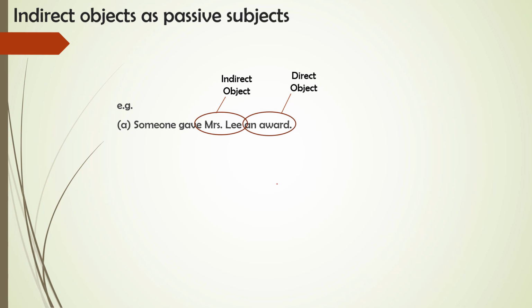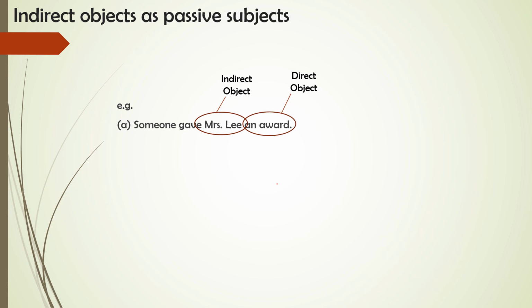The question is how to differentiate between indirect object and direct object. Indirect object is answering the question to whom. It is frequently the person. For direct object, it tells us a thing and it is answering the question what. What is given by someone. And for indirect object, to whom something is given by someone.